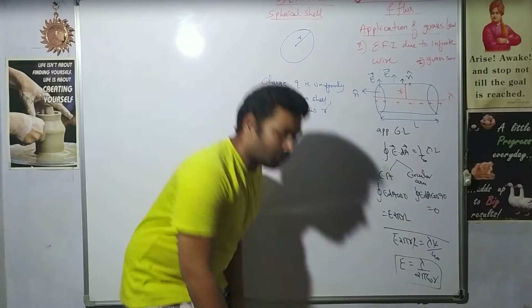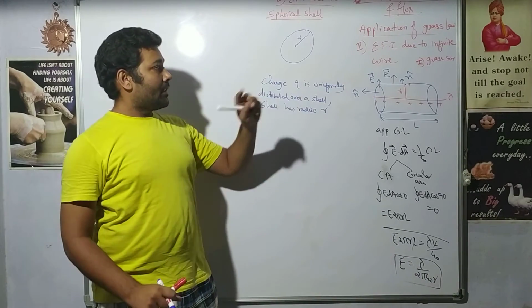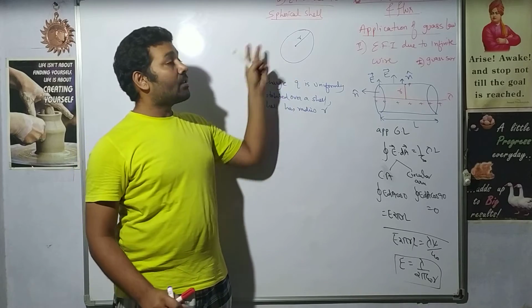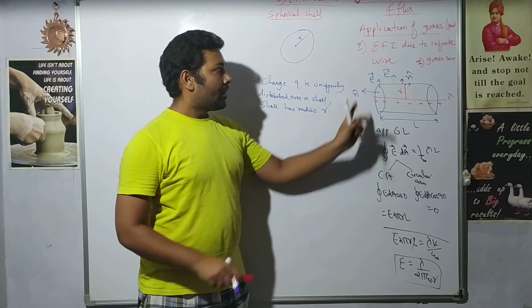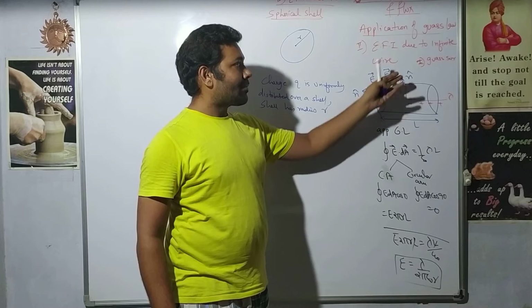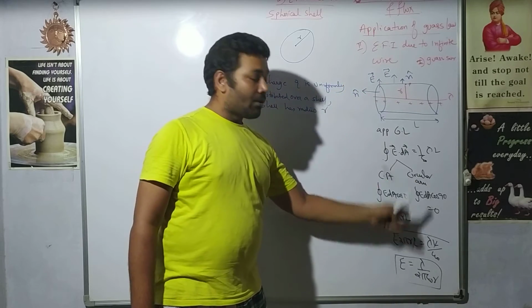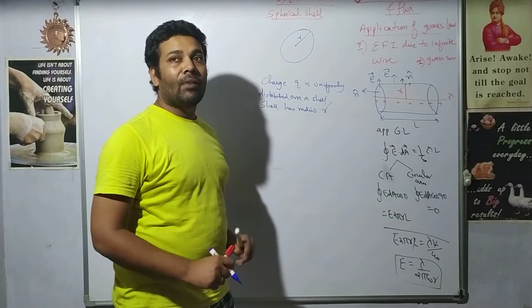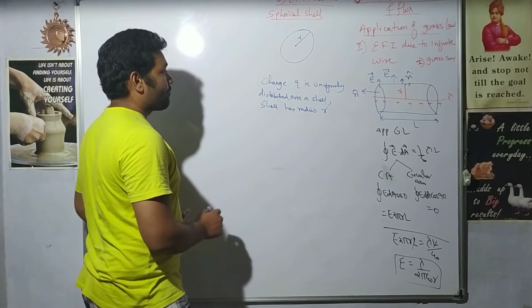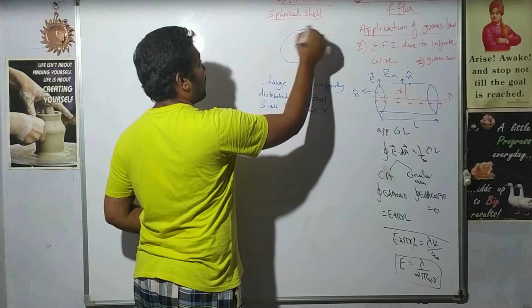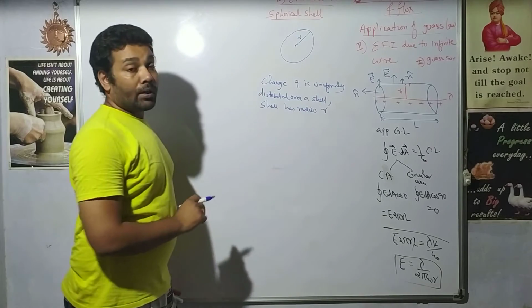It is a 2 mark or 3 mark derivation, right? So you have to write down this consideration, then you have to draw this diagram. Here I have not written considerations, but you can add the consideration here. Then the diagram and the derivation part is as it is. This will fetch you at least 2 to 3 marks. So I want to calculate electric field intensity due to a spherical shell.